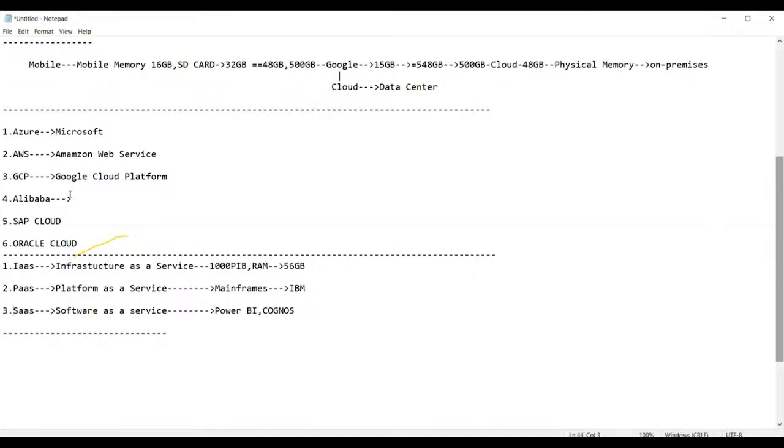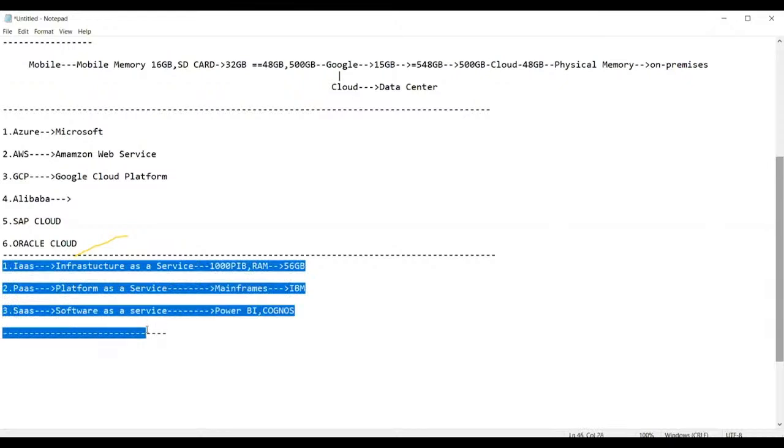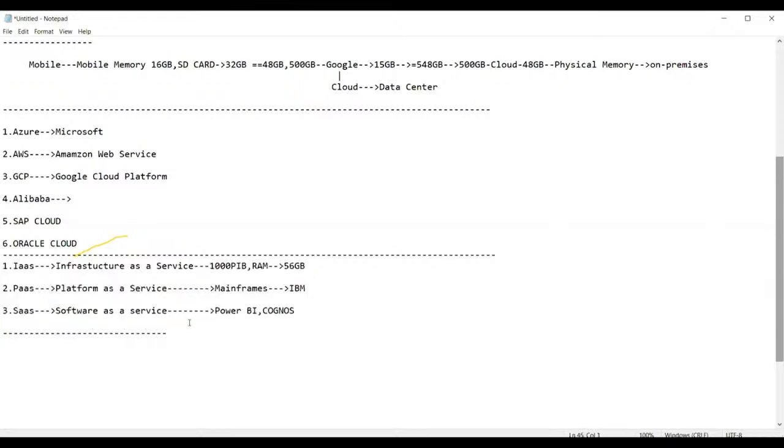So these are the three categories of services we have. The cloud providers have divided their service based on these three categories, and based on these three categories only, they will bill you. It is as simple as, guys,